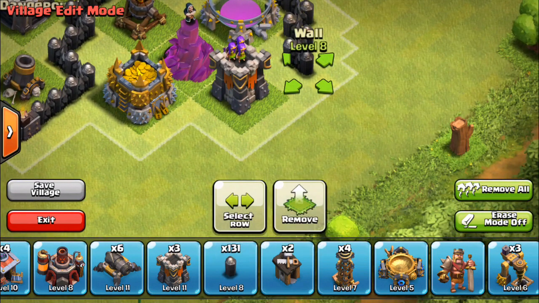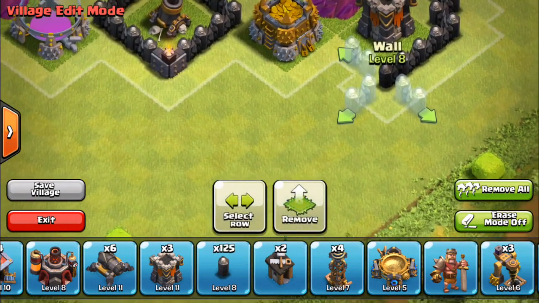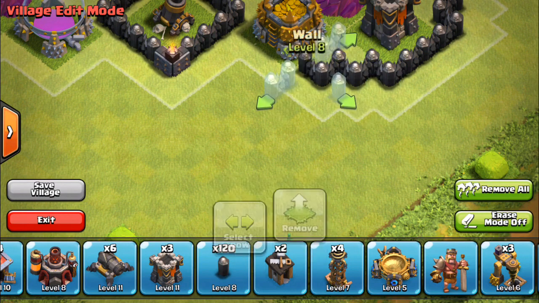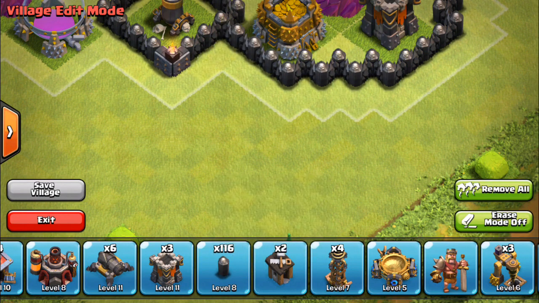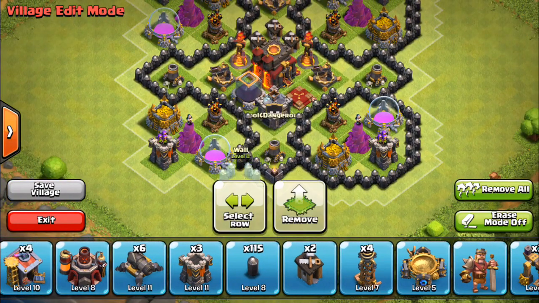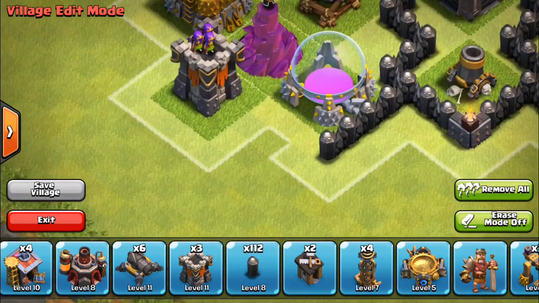so I've got all level 8 wall, which is pretty decent for a Town Hall 10. I'm trying to start getting it up to level 9. I filmed this a few days ago, so I've actually got like around that mortar there at the bottom, sort of got like 10 level 9 walls now. I sort of want to do that in a bit of my base,